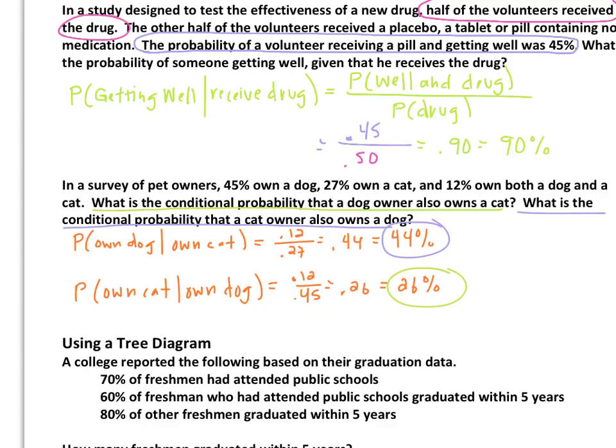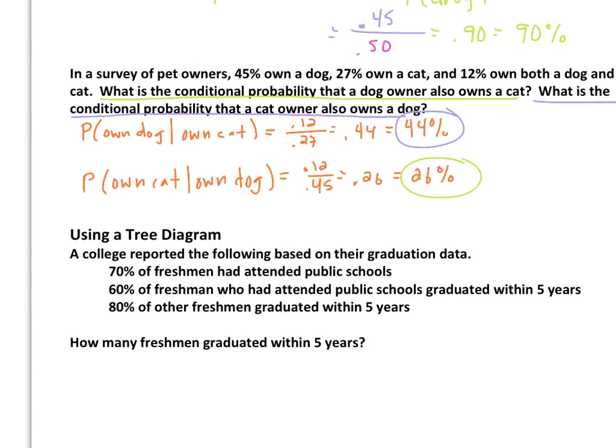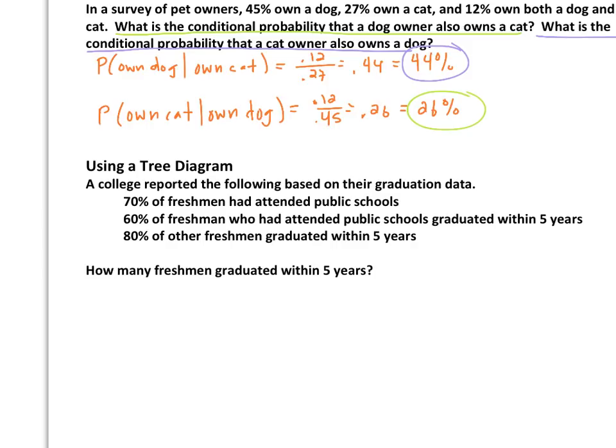So definitely some of the wording on some of these can be a little tricky, so we need to definitely take our time and slow down and read through these and make sure that we really understand what the question is asking there. Okay. All right, now we're going to take a look at a conditional probability type of problem